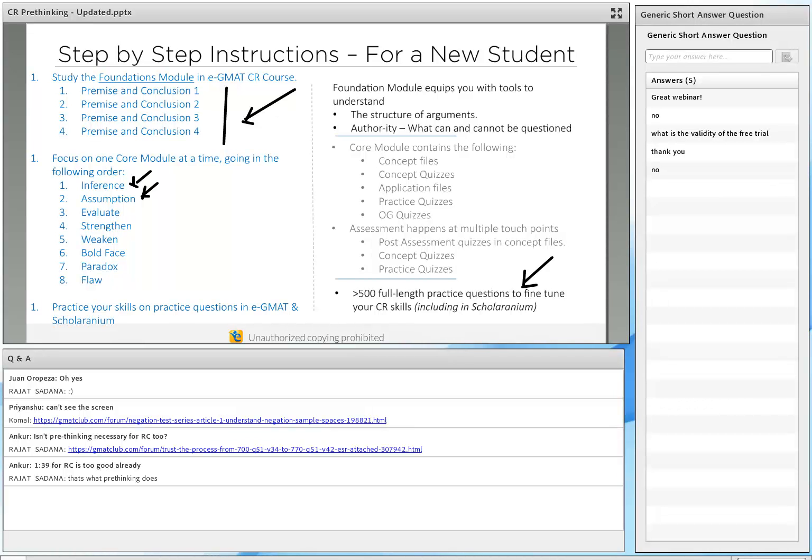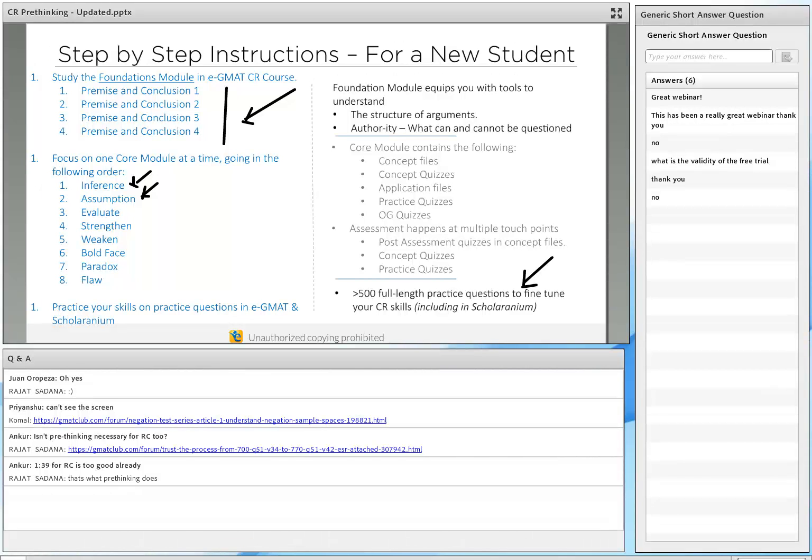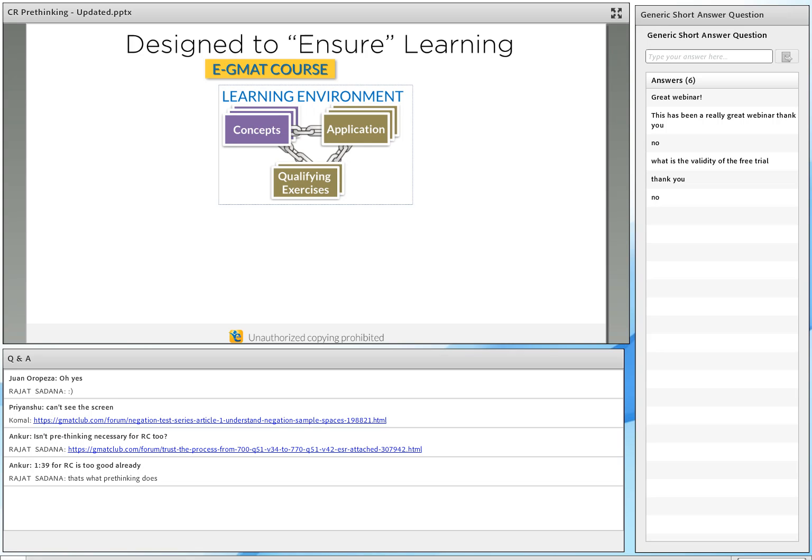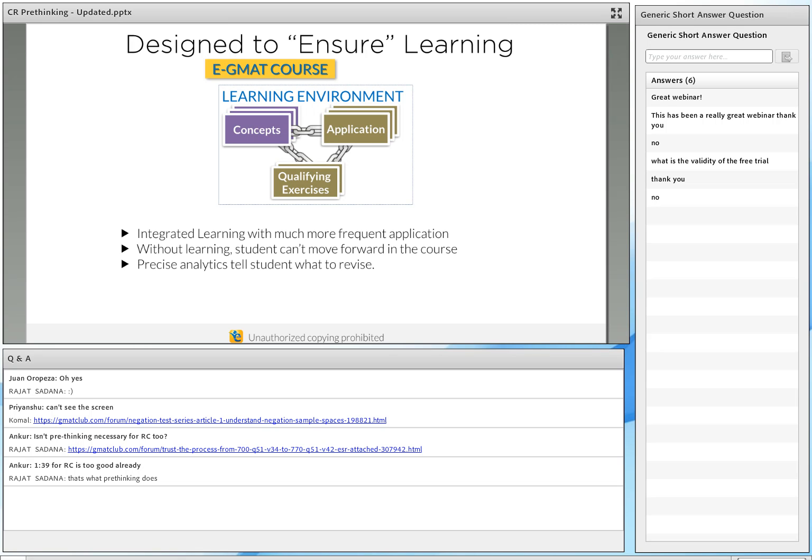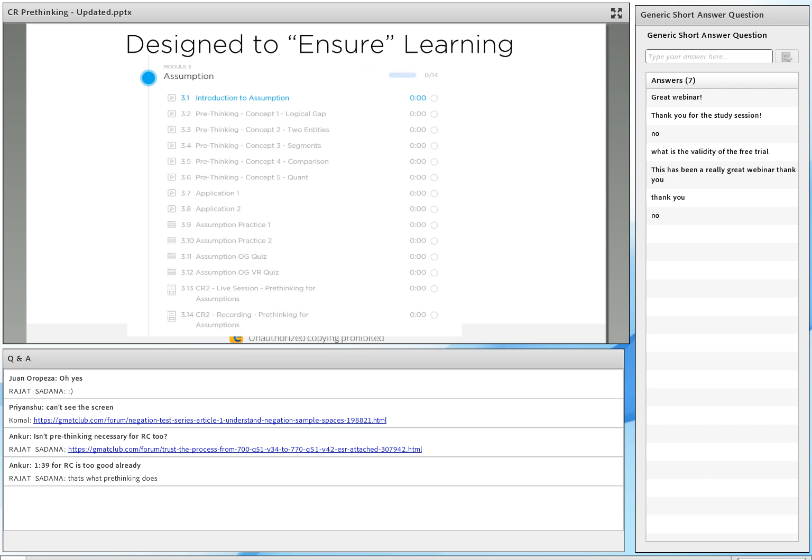And it's not just questions, you're going to see real solutions in detail where you'll see pre-thinking done for every question. Those of you who ask, hey, what if my pre-thinking doesn't match, or how do I develop the skills? These solutions, the audio visual as well as textual, are key to you developing these pre-thinking skills. And in this entire span, what you're going to find is this architecture where you'd see the concepts, application, and qualifying exercises integrated. So you learn a certain set of concepts, you learn how to apply them, you learn how to practice them. Okay.